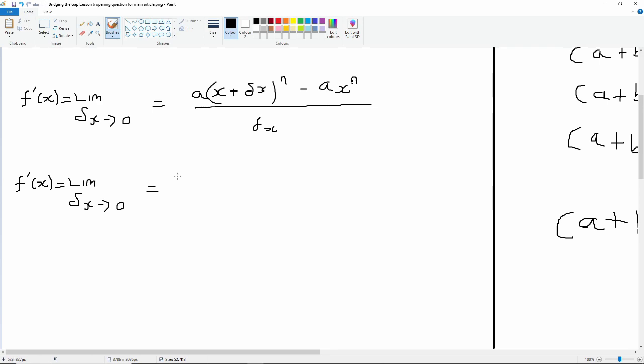So we have a multiplied by x to the power n plus n times x to the power n minus 1, and then the b would make it delta x plus, and then there's